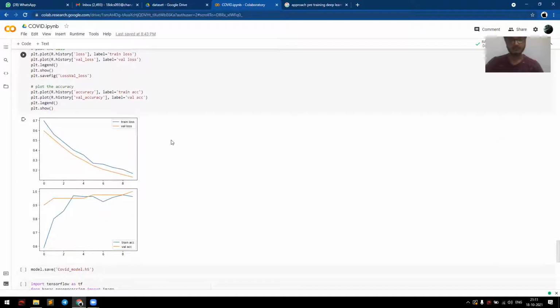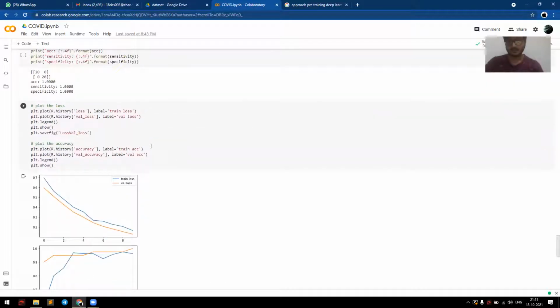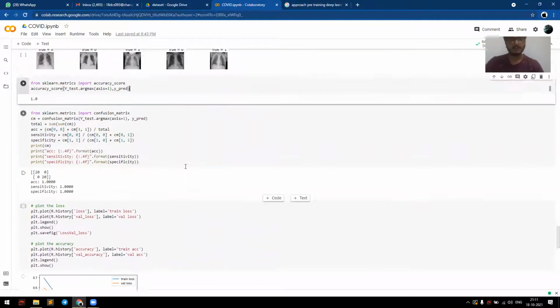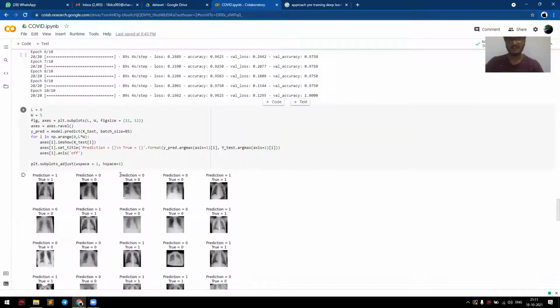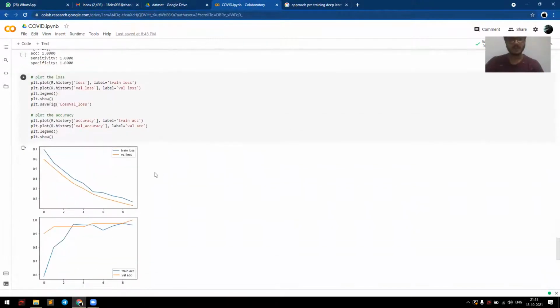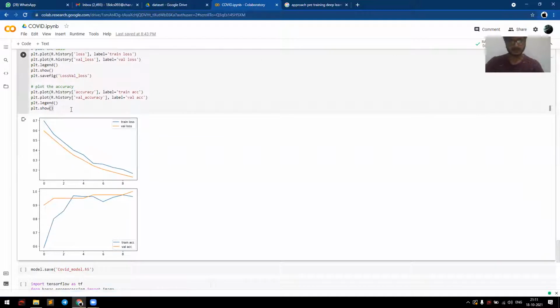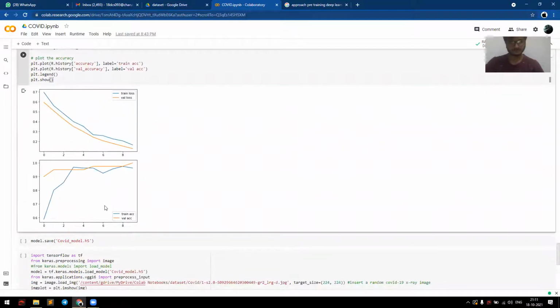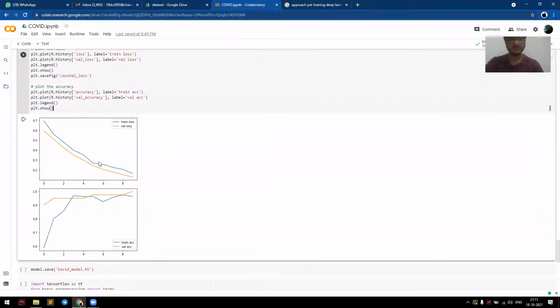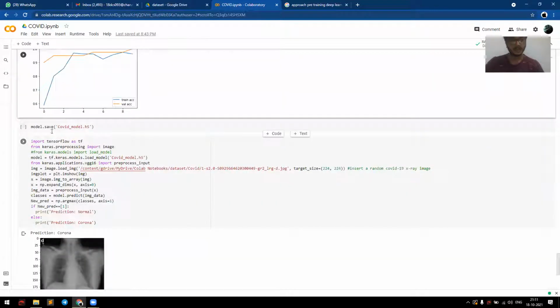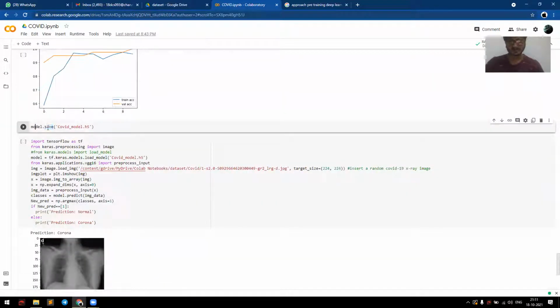And in the end we will plot the loss. We will use PLT to plot our graph. We can see our training model. We have trained the model for 10 epochs. We will see the accuracy plot. So you can see this graph. The first is for loss, and we cleared it, and I will save the model. So you can save the COVID model in H5 form.